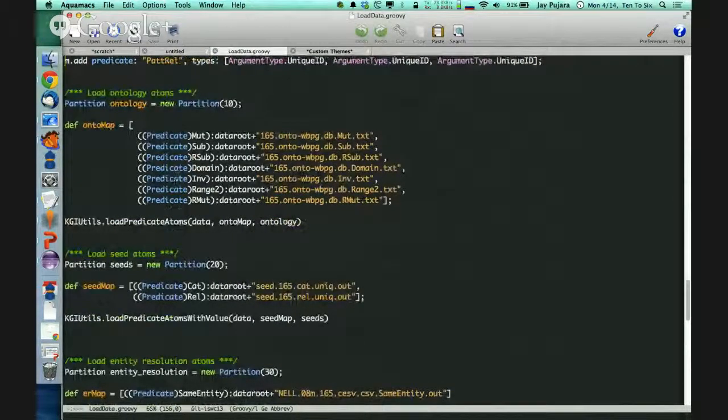So we're using a partition for the ontology, and right now in the stable version of PSL, what we're using is a very simple way of specifying partitions. You just make up a number, and you have to consistently use that same number across your code. So when you see these numbers, we're using easy to remember numbers, which we're going to use throughout the code. So we're loading the ontology, we're loading seeds, which are